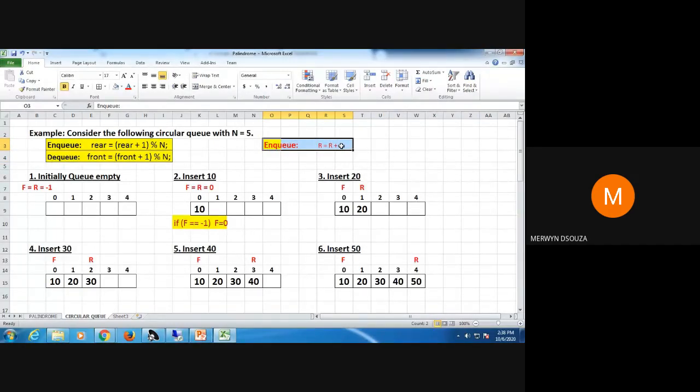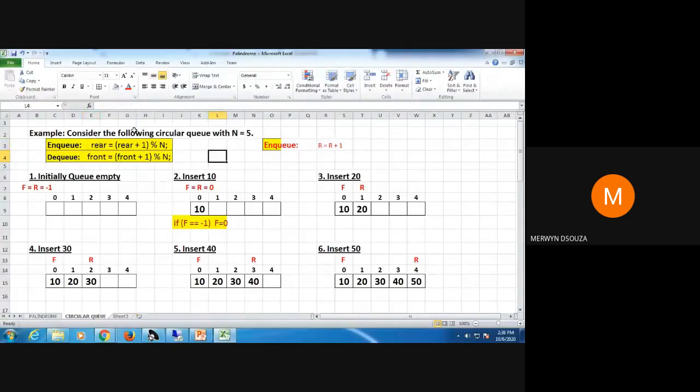Now, since in a circular queue we want to come back to the first index from the last index, we use something like this. We increment rear by 1, but then we use the modulus operator and divide by the size of the queue.